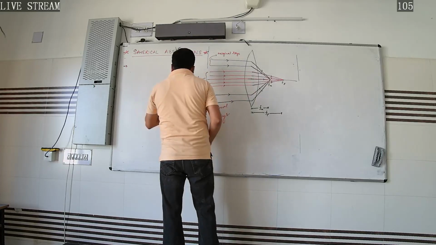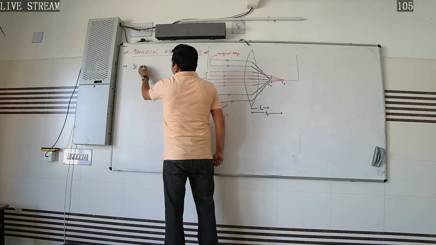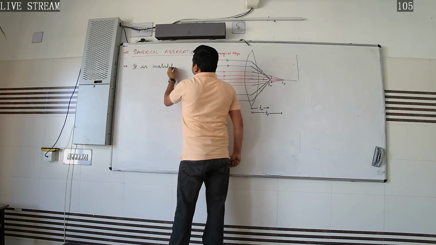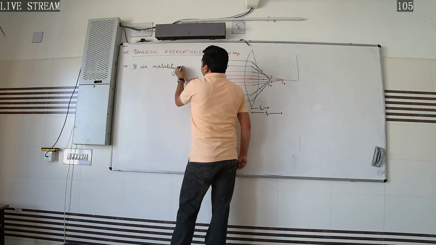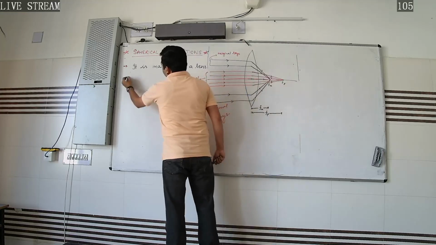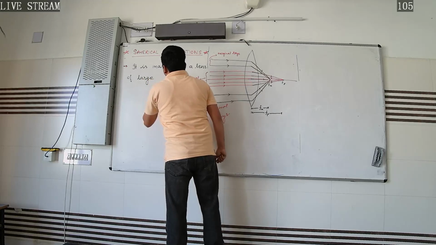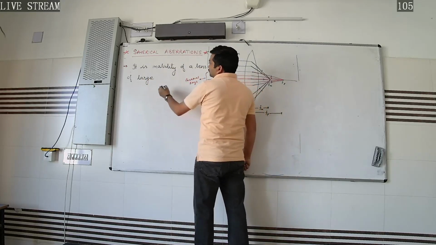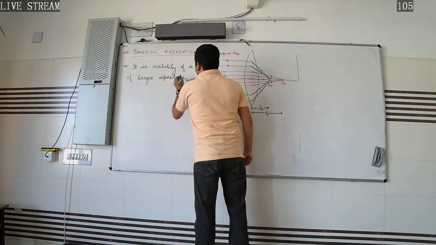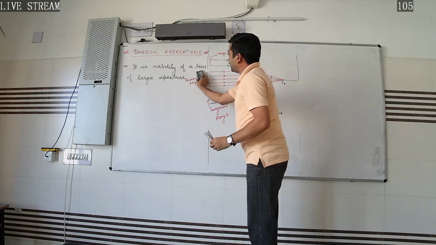How can we define it? It is the inability of a lens of large aperture to bring the rays of light